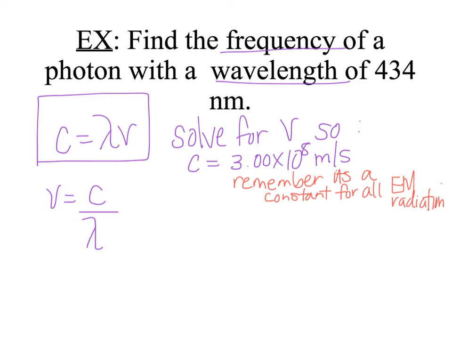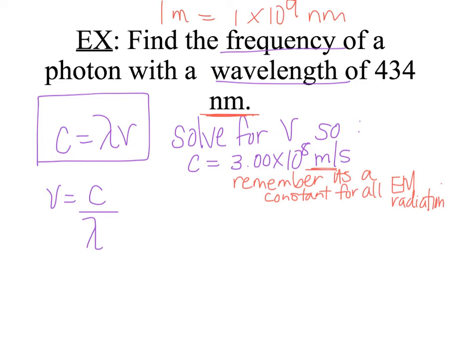But the first thing that I notice here is that the wavelength is in nanometers and the speed of light is in meters. So that, of course, means we're going to have to convert. So we're going to do a quick conversion, and I'm going to give you that 1 meter is equal to 1 times 10 to the 9th nanometers. And that is from our very first unit. So let's first of all do that